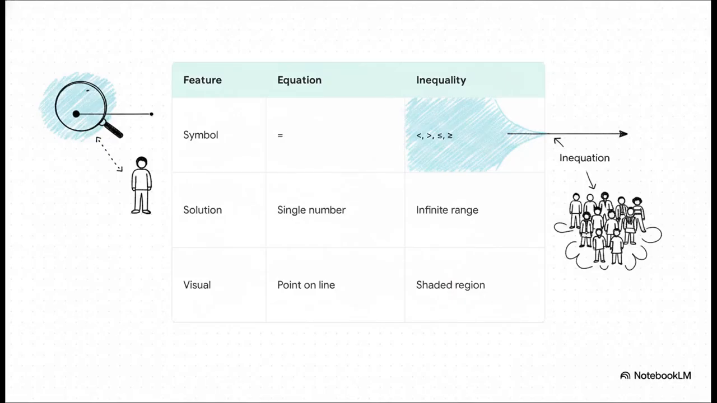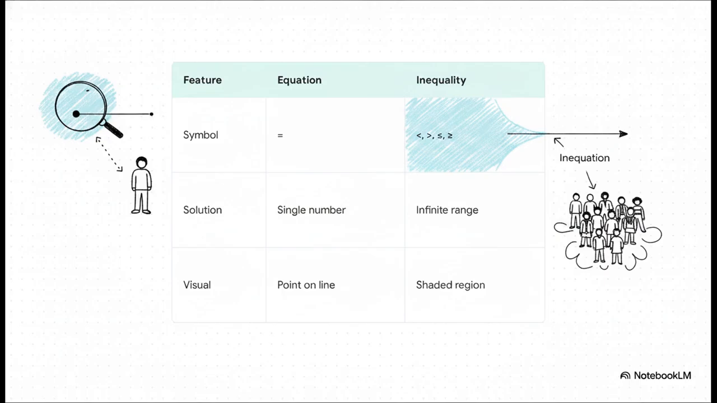What's really fascinating here is the contrast. An equation gives you one exact suspect. If x equals 4, then x is exactly 4, nothing else. But an inequality, that gives you a whole lineup of possible answers. If x is greater than 4, the answer could be 5, 10, or literally a million. Our source shows equations as a single, solitary point on a number line, while inequalities open up an entire shaded